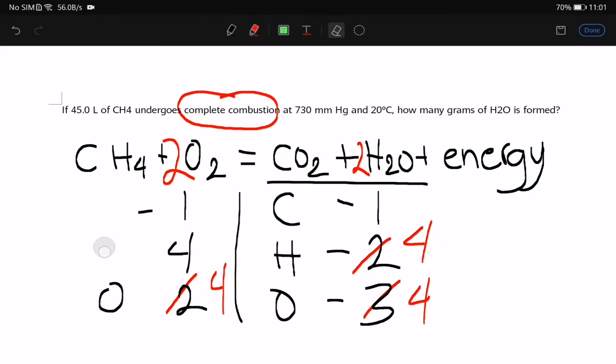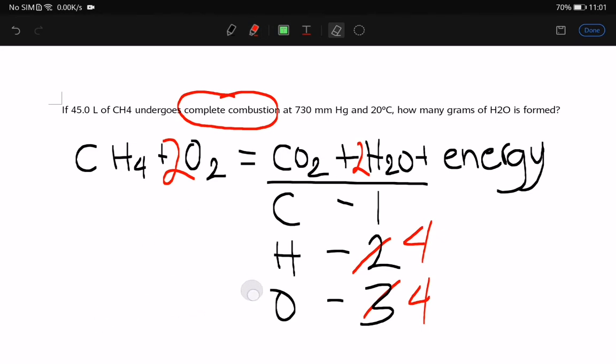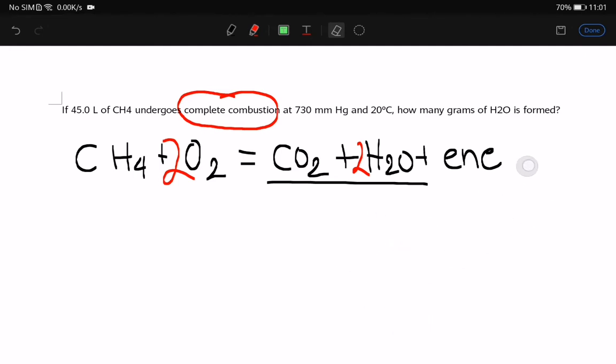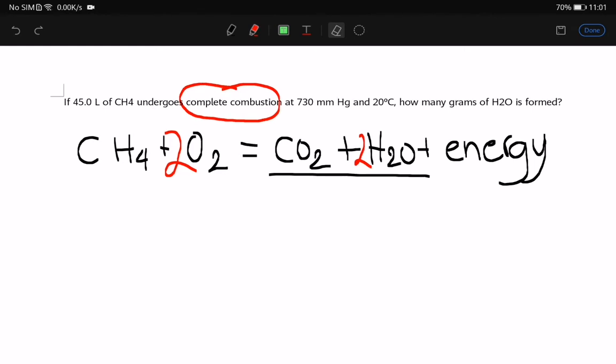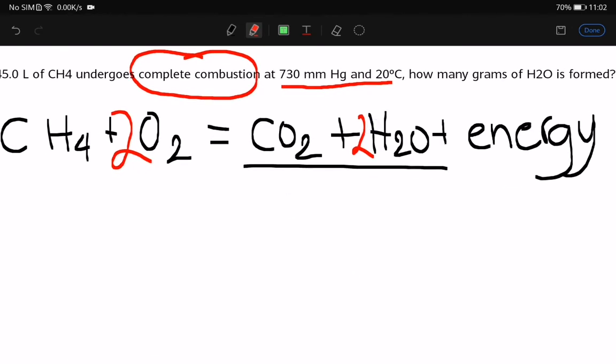With this, let's just erase this first. We can proceed with the problem now. Let's just keep that energy in there. So we have 45 liters of methane. So I think it's the same process. I-convert muna natin itong mga terms na to in the terms we need, because we need atmospheres and Kelvin. So sa 733 millimeters of mercury,